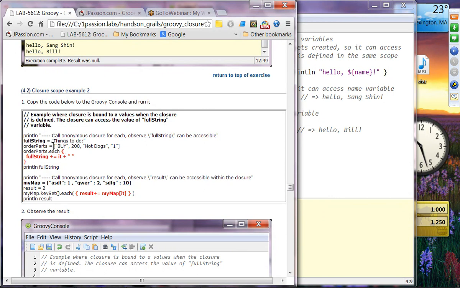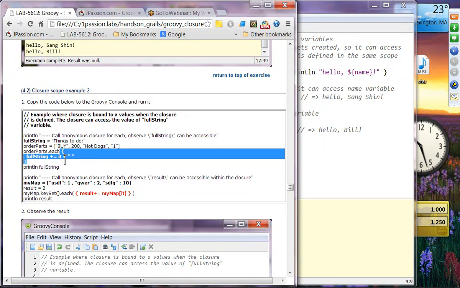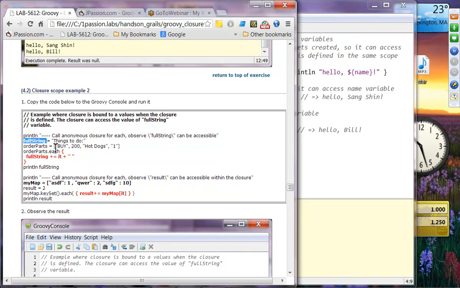And then we have a variable called full string. Again, the scope this closure is defined in at this point is the same scope that this full string is defined. So inside this closure, you can access this full string. The same thing here. We have defined my map, which is a map object, in the same scope as this closure. This is the case where we have a parenthesis. So inside this closure, it can access any variables defined in the same scope. So it's using my map here. So if I run this code,